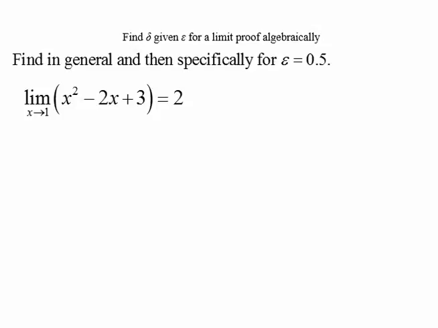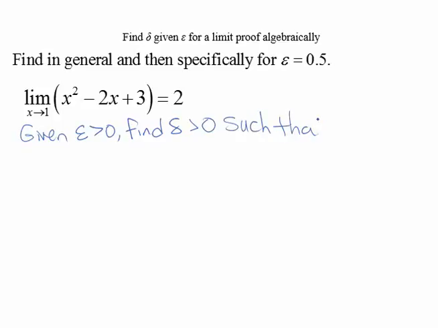So we want to find delta given epsilon for this limit proof algebraically. Find it in general and then for a specific epsilon. So as we start this problem, we're going to say given epsilon greater than 0, find delta also greater than 0, such that if we have the absolute value of x minus 1, because that's